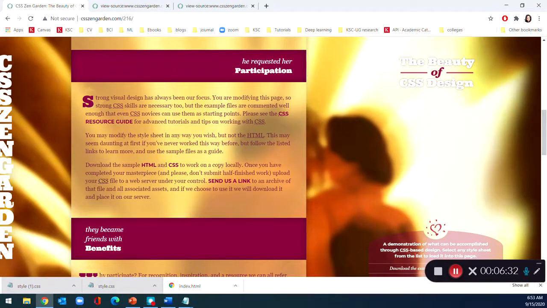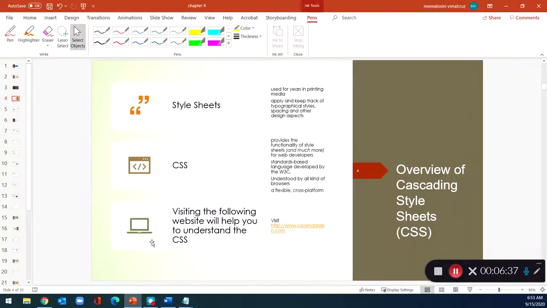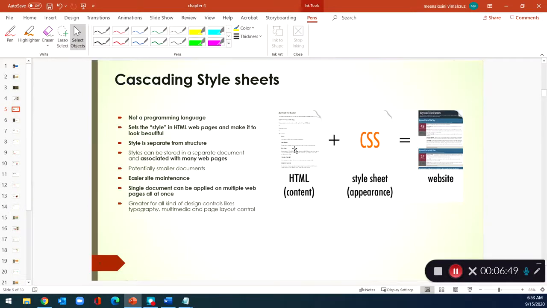Okay, so this one will let you understand the power of CSS, how completely you can change the look of the website by using CSS. Okay, so that's how you can make it versatile. So from that example, from analyzing that website, you should be able to understand a few concepts. The first one is